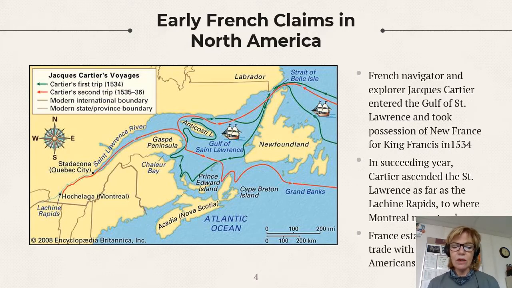And if you look right there, the Lachine Rapids, I've been to those. I don't remember how to pronounce that. But those are some rapids right there, and that's on, I think, the present-day city of, I can't remember if it's Montreal or Quebec, but it's very important to scale those rapids so you can gain access to the St. Lawrence River and then other locations beyond. So anyway, he lays claim to that territory on behalf of France, but the French don't start to go over for a while, like another 75 years.